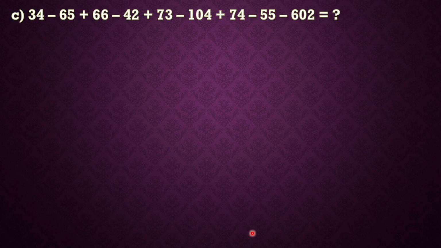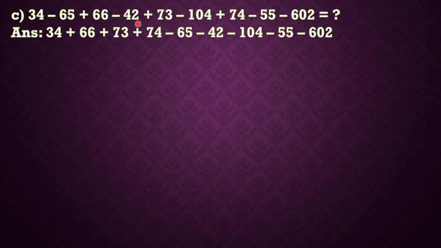This is the question we got. So what we are doing here, the numbers with different signs. Okay, no problem. Here what we are going to do is, we are going to club the numbers with the same sign. See, here I have clubbed 34, 66, 73, 74 of plus sign together, and the minus sign numbers together. I have added all the plus signs over here, and all the minus signs over here. I got 247 minus